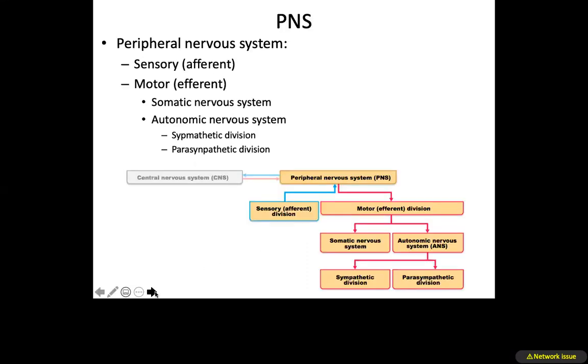So peripheral nervous system, we have learned previously that it has two main branches. The two branches are known as the sensory, also known as the afferent division, and the motor division, which is the efferent branch. We have discussed in detail the sensory in terms of your common senses, your vision, your auditory, gustatory, vestibular, etc. We discussed them in terms of your central nervous system and how that data gets processed. The focus today would be on motor, but more specifically on the branch we identify as the autonomic branch of